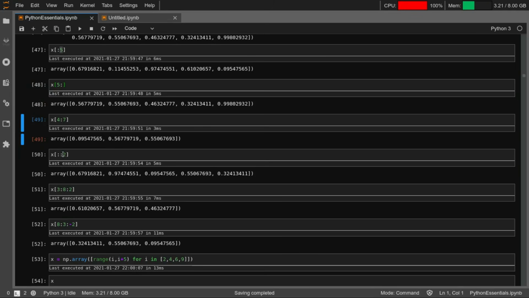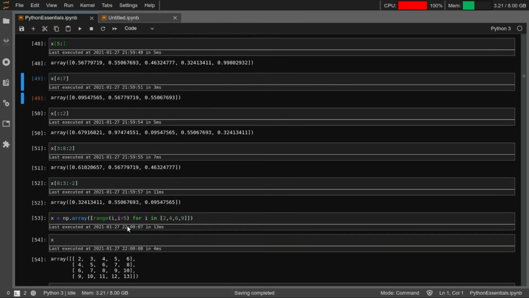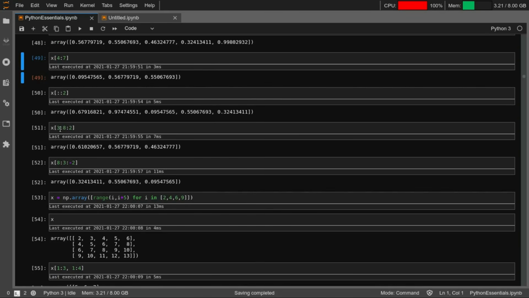Again, this is syntax that we have already seen. It is going to select all the even indexed numbers, 0th index, 2nd index, 4th index, and so forth. Another operation would be something like this, where we say starting from 3rd, ending at 8, and pick every second element, right? When we are saying index 8, all the elements till index 7 would be considered, right? The last one would not be considered.